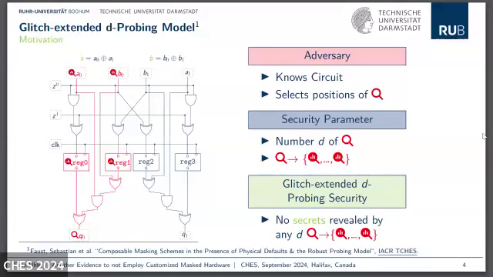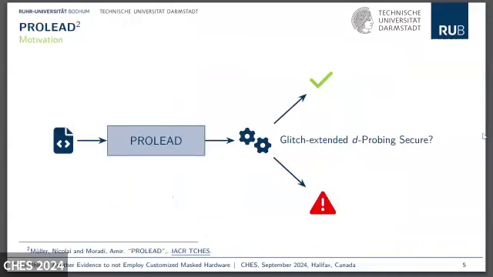Besides that, it's allowed to glitch-extend our probes to the last register stage. So here in this case, the probe on Q0 is extended to register 0 and register 1. Or if there is no register in the computation path, up to the primary inputs. We have no difference in the security definition. So here it's still the case that we have security when all combinations of up to d shares are statistically independent of our processed information.